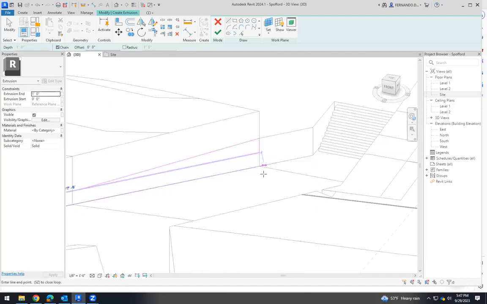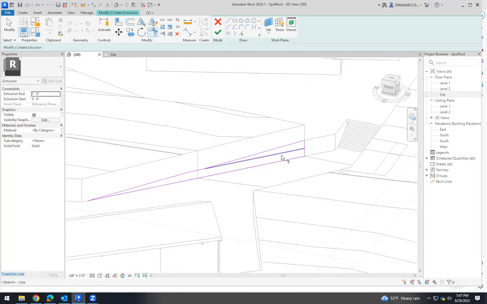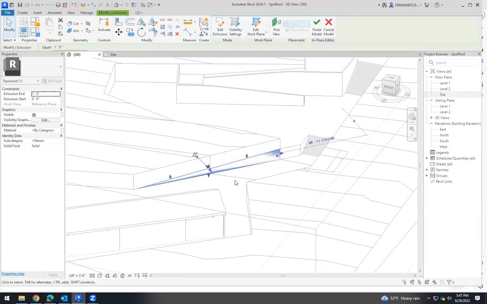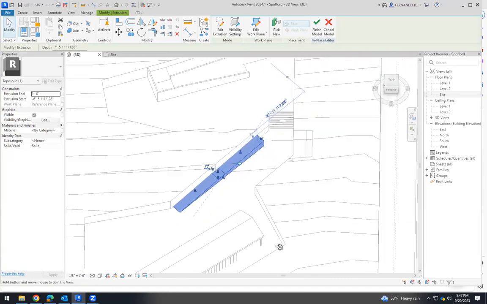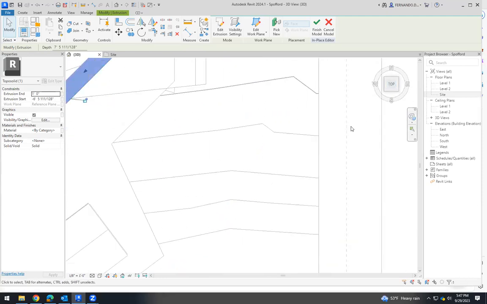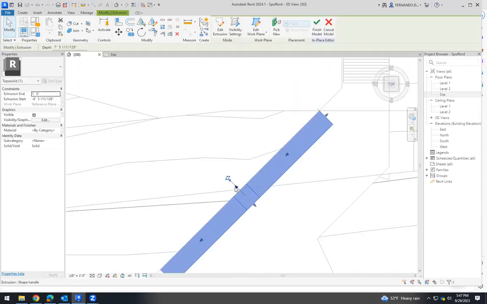So now I'm building this line. I'm connecting this and this. And the only thing, I have to delete that one. So this is a closed loop now. Everything is connected. And if I click OK, I have the ramp here. So if that's the ramp,